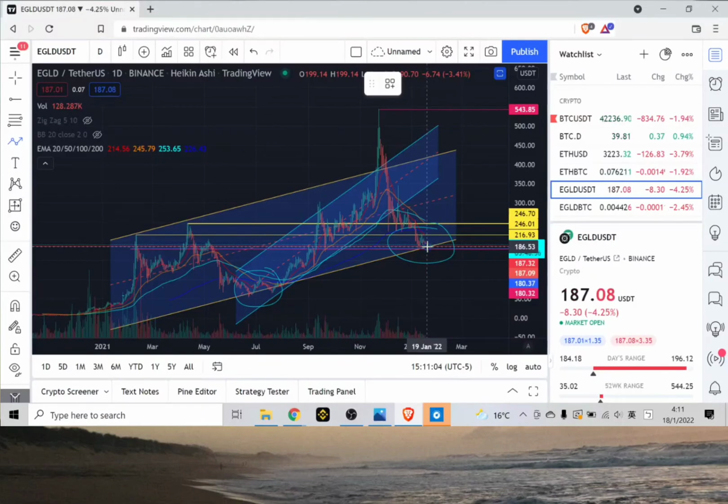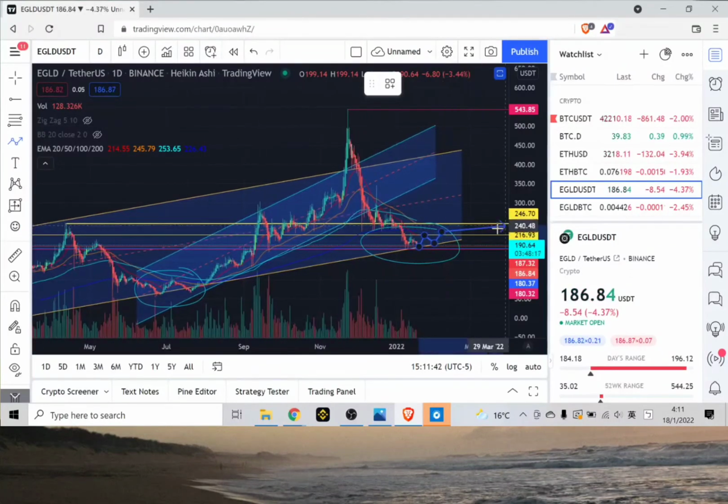Just today, I wanna see the price bounce to here first, about 215, which is a previous support turning to resistance, and then it breaks down to about 195 to maybe 200, and then we will break above the channel and we will test the 200